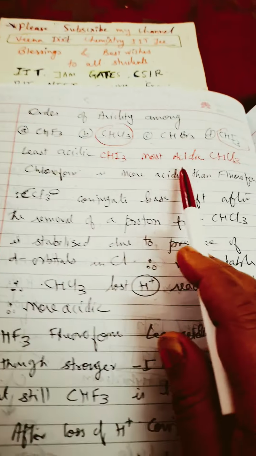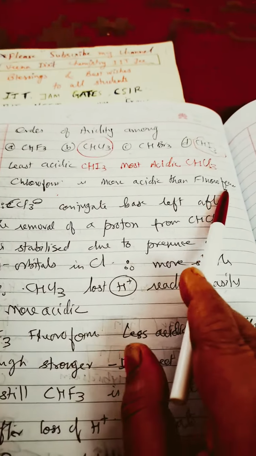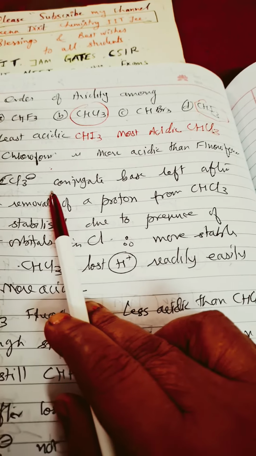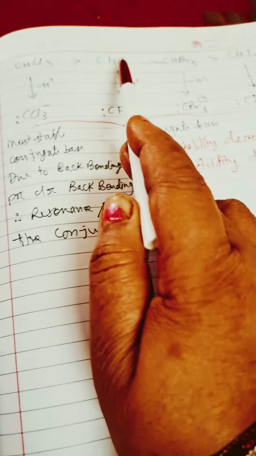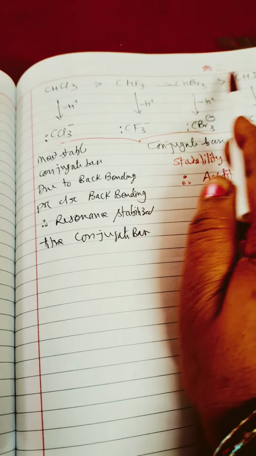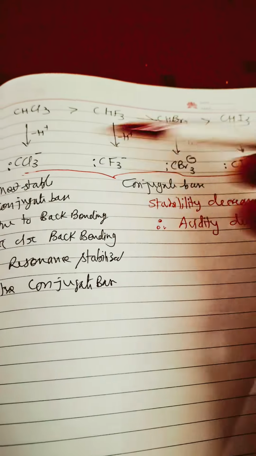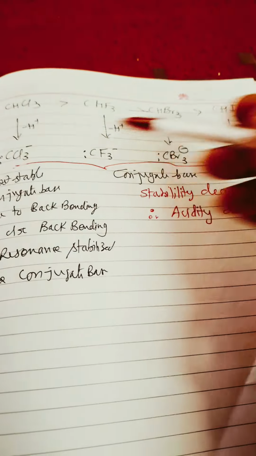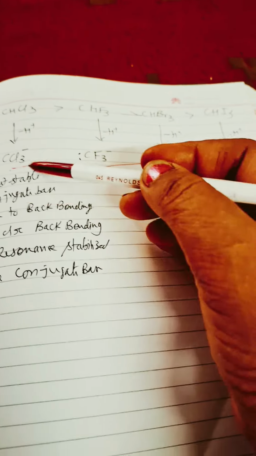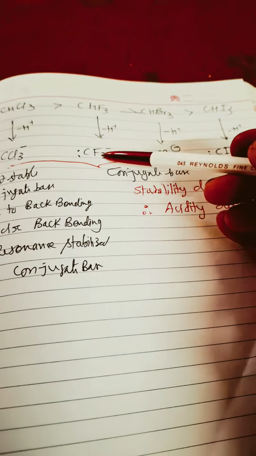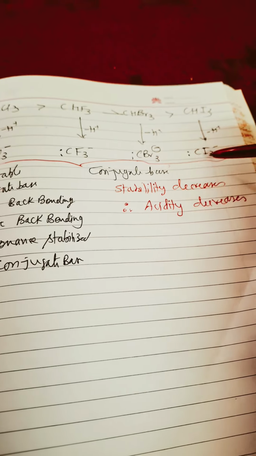I will give you the reason behind it. So chloroform is more acidic than fluoroform. First I will explain that, and after that chloroform is more acidic than fluoroform. Fluoroform is more acidic than bromoform and iodoform. Okay, because in case of all of them, they will lose one H positive. After losing H positive, they will form this conjugate base here: CCl3, CF3 1 negative, CBr3 1 negative, and CI3